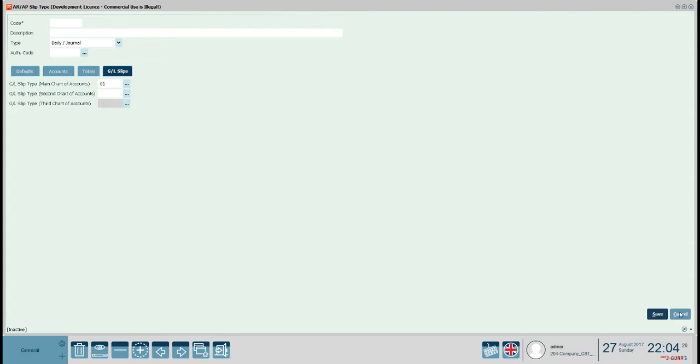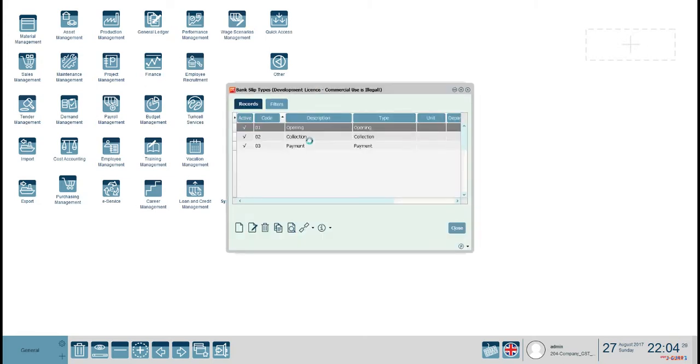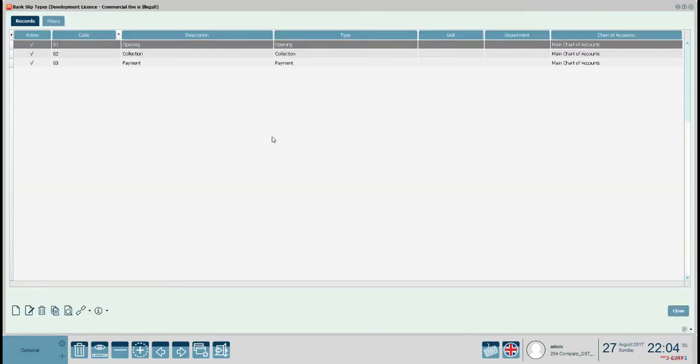Then we have another slip type, that is bank slip types. This option defines the slip types to be used in bank transactions. This option is located under the type menu of the system setting section. A separate slip type is defined for each bank account transaction, and the characteristics for each type are specified on the definition window. So if I click on new,